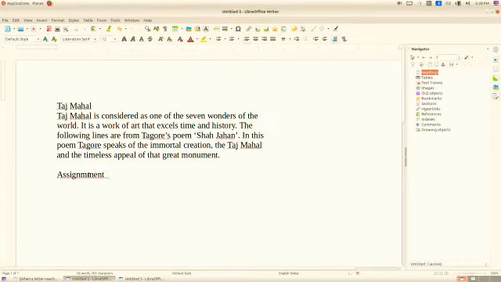Use the backspace key to delete the letter on the left of the cursor. While using the backspace key, the letter left of the cursor will be removed. And suppose we want to delete a letter right of the cursor, we can use the delete key, isn't it?